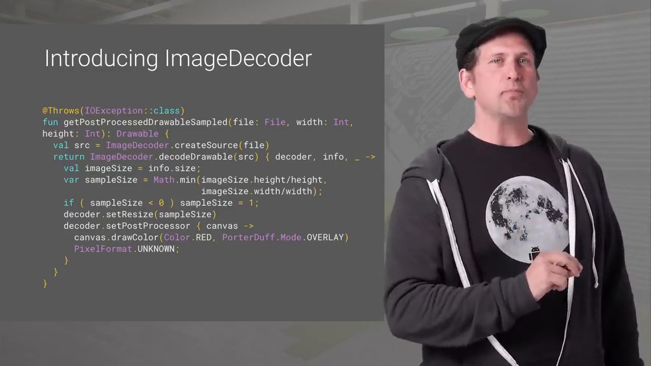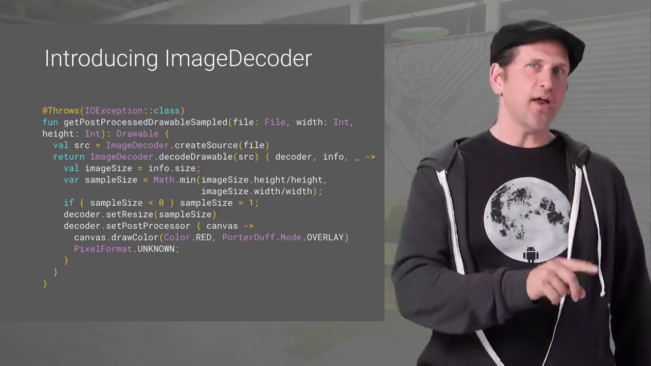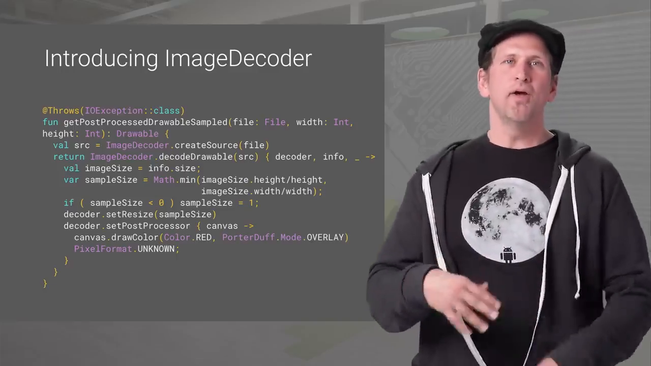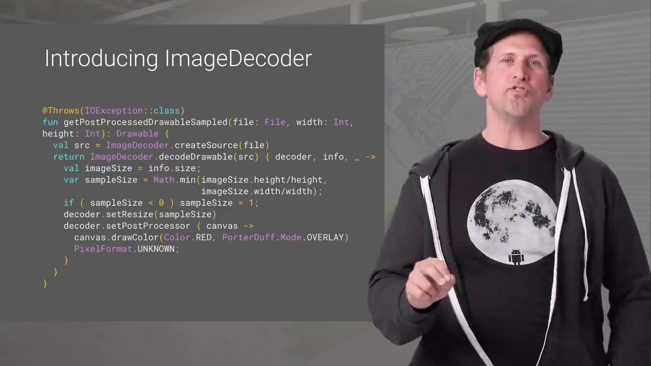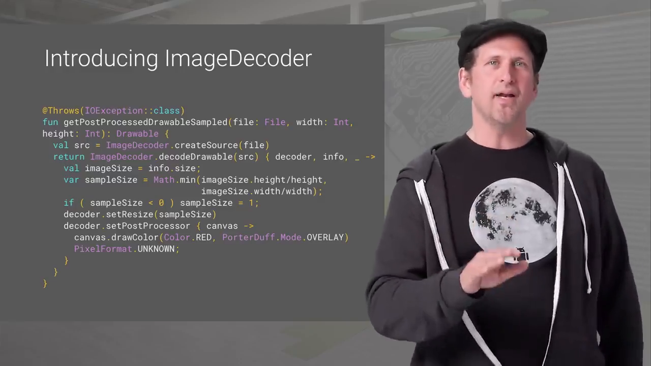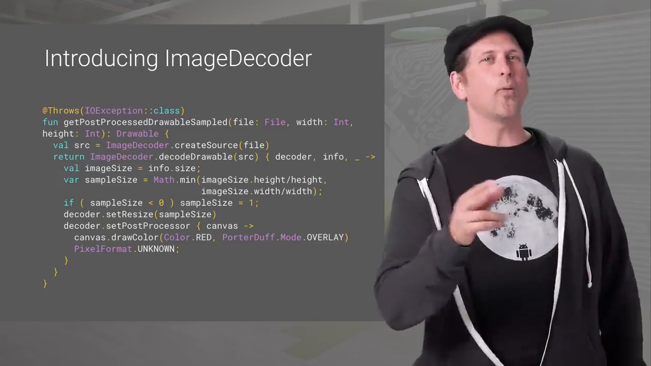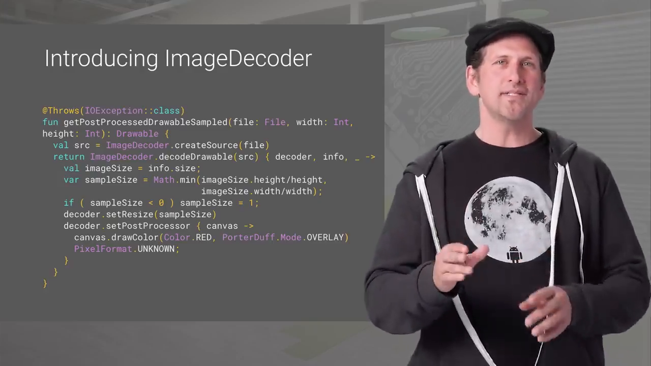ImageDecoder allows you to supply a callback that is called after the header is decoded, where you can alter the output, rather than having to decode the header twice. decodeDrawable allows you to create drawables directly. And if the encoded image is an animated GIF or WebP, the drawable will be an instance of the new